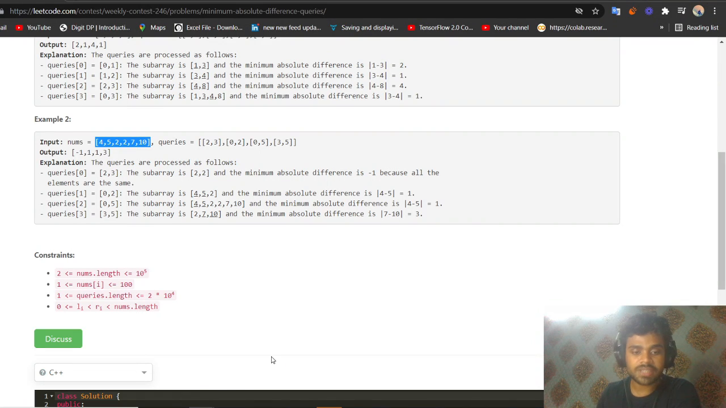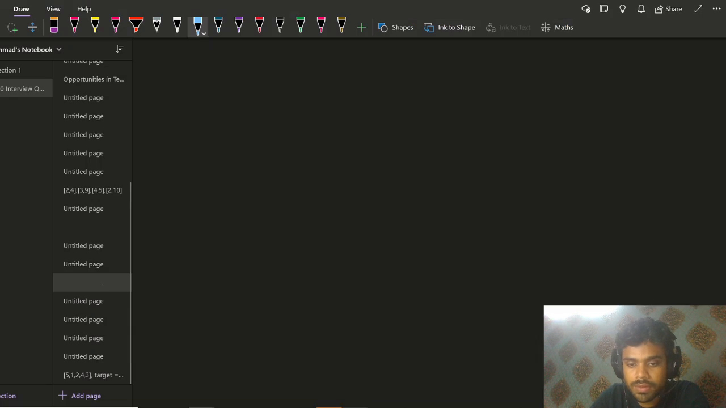For that, we will just have to jump here and see the constraints. See, this is the main part. Here it is saying that the numbers which are given to us, the range is from only 1 to 100. The range is very small, from 1 to 100. Now what we can do is, for each of the query, yes, what we can do is, here,